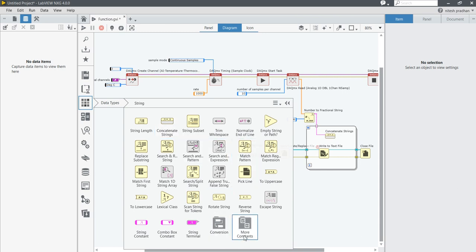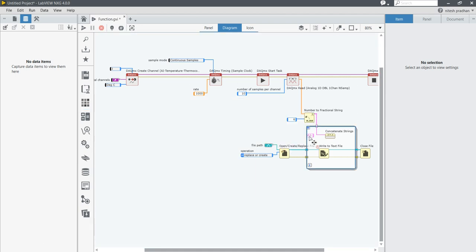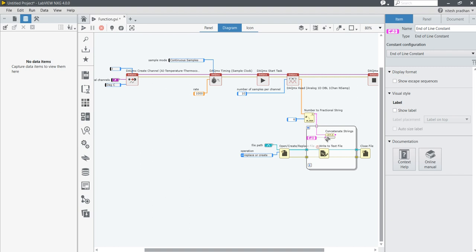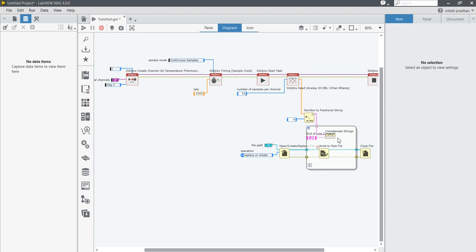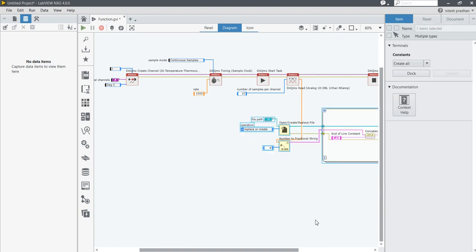Again come into data, string. In the string you will get the more constant. Take the End of Line constant and place it here. You can right click and open the label also. Now connect this VI like this. I'm going to press Ctrl A, Ctrl U. When you press Ctrl U, you will get this.